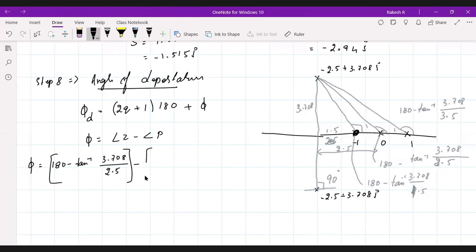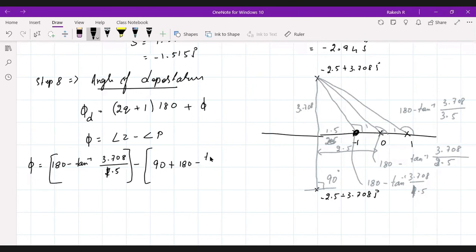Minus of poles. Minus of pole, the first will be 90 degrees. This is one pole. The second pole is this one. Sorry, this is not 2.5, this is 1.5 here. Yeah, 1.5. Then I need to add up this summation of poles. So this becomes 180